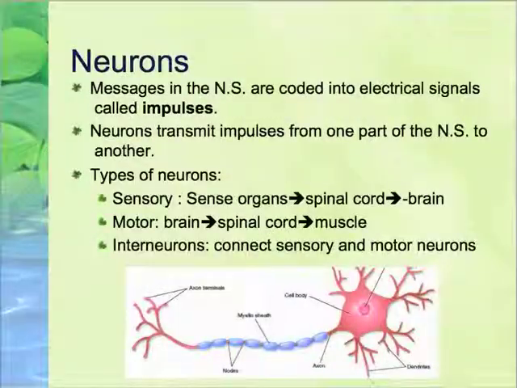Okay? Now, neurons, which sometimes we call nerves, but nerves are really bundles of neurons, send electrical signals called impulses. Now, neurons transmit these impulses from one part of the nervous system to the other, and neurons really have an arc or a path. For example, a sensory neuron goes from a sense organ to the spinal cord and then to the brain. So basically it carries information from the sense organ to the spinal cord, and then the spinal cord conducts it